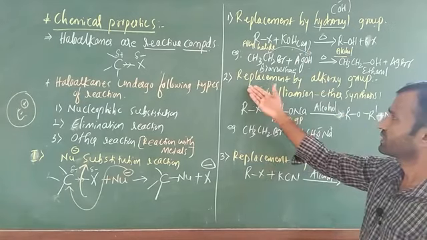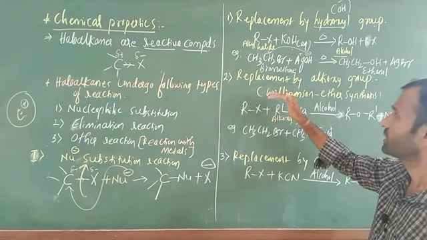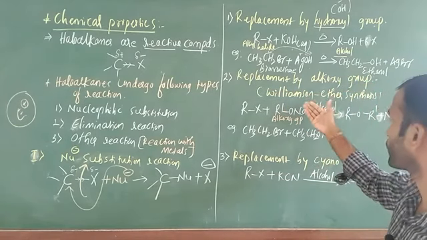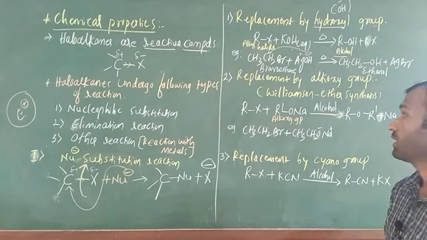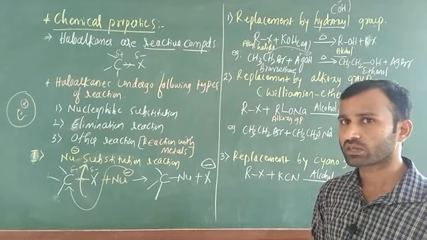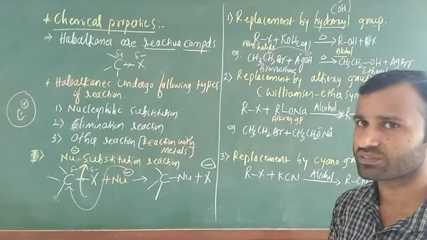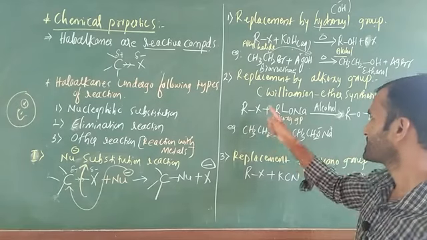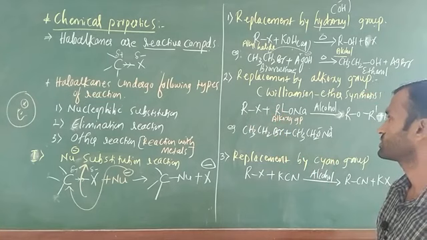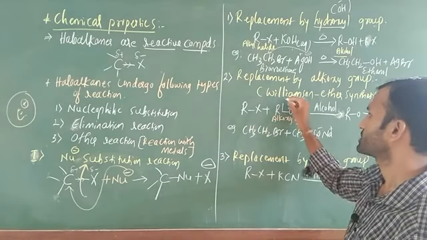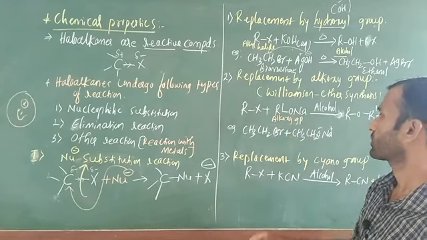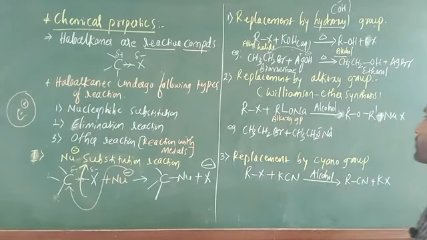Okay. Next, the second point, the replacement by alkoxy group. Replacement by alkoxy group has another name, Williamson ether synthesis. It is there in complete detail in topic 2, that is alcohol, phenol, ether. At that time we are going to study what exactly Williamson ether synthesis is. Just here, in this case the general example is RX, and this R dash O indicates the alkoxy group. After that, sodium.